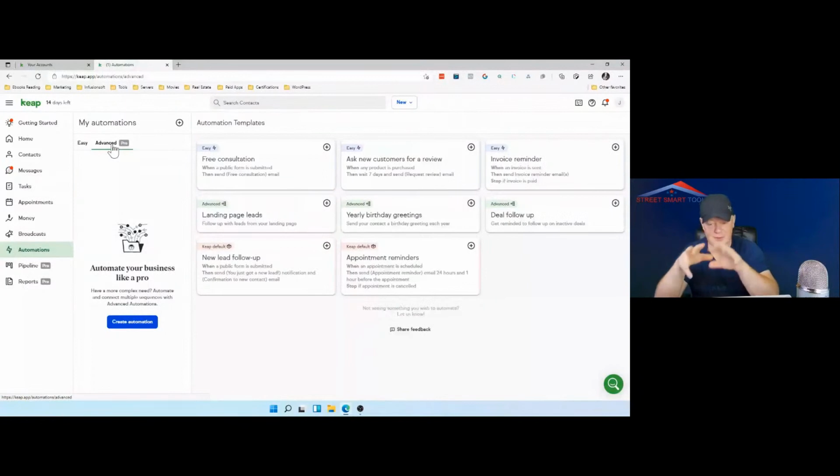Instead of sending and writing personal emails all the time, you will be in control. So this is called advanced automations.